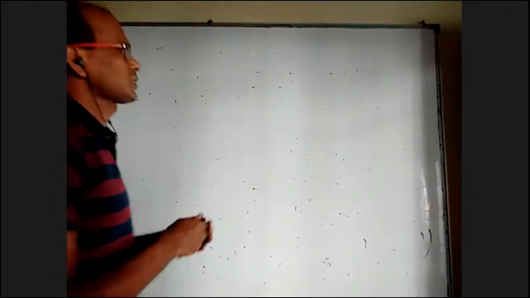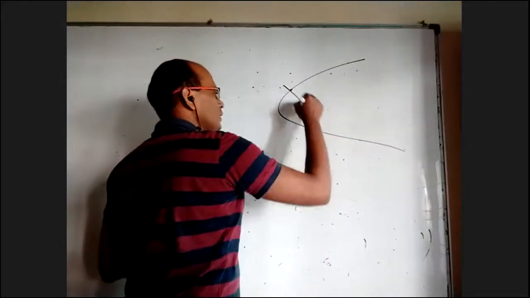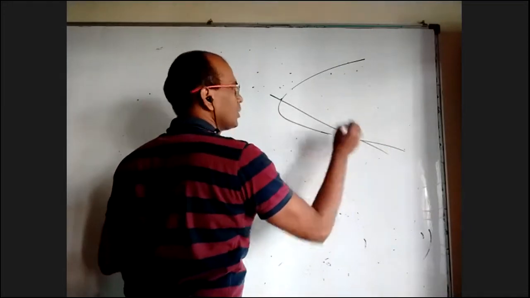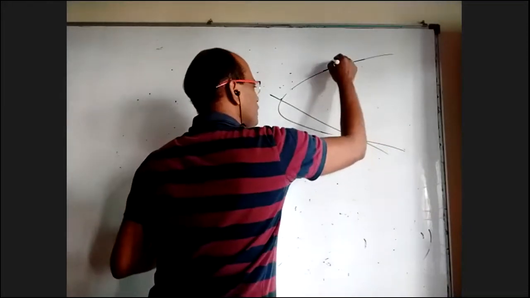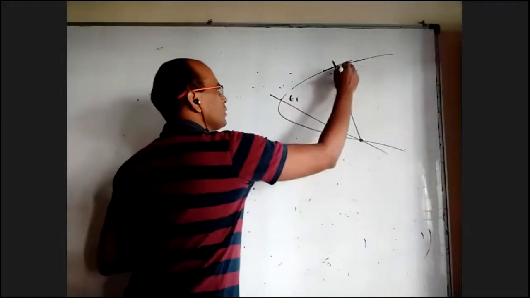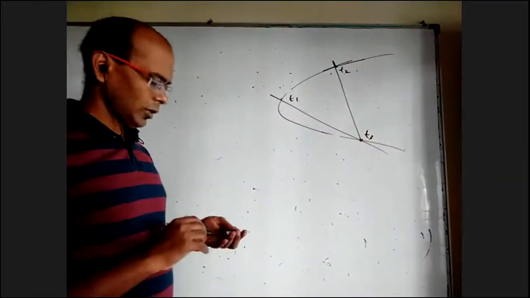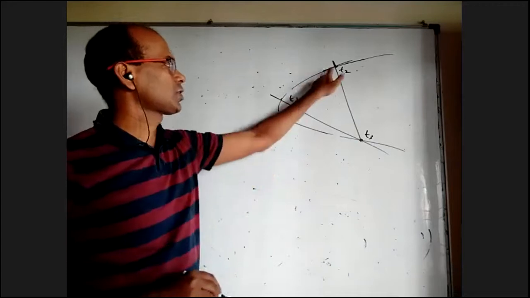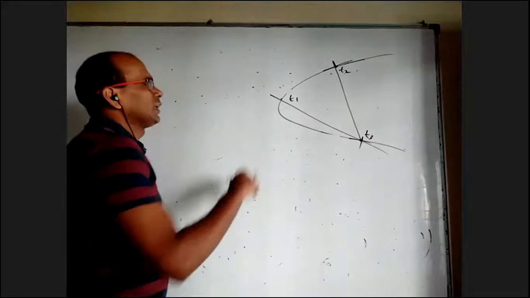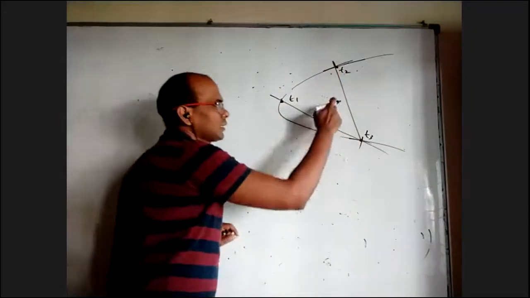Okay, quite related to this, there is one more thing. If you take a normal here, it will pass through a particular point. There can be another point where the normal also passes through this. Let's say this is T1, this is T2, this is T3. Of course, they are co-normal points because the normals are concurrent. But more than that, the normal at T1 and the normal at T2 can intersect anywhere. They can intersect here, they can intersect here.